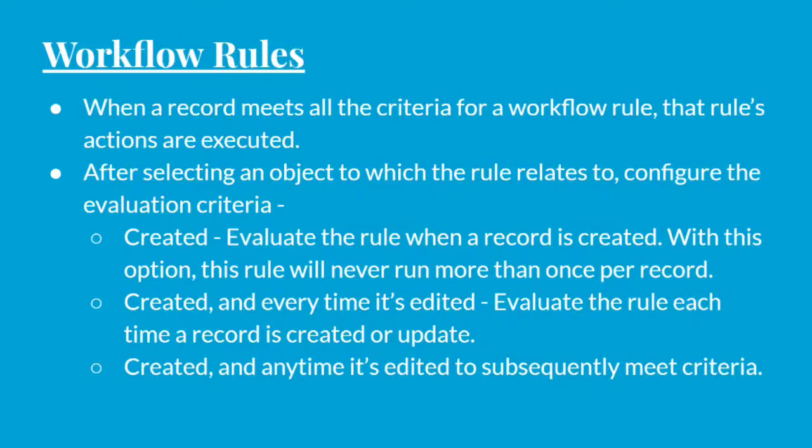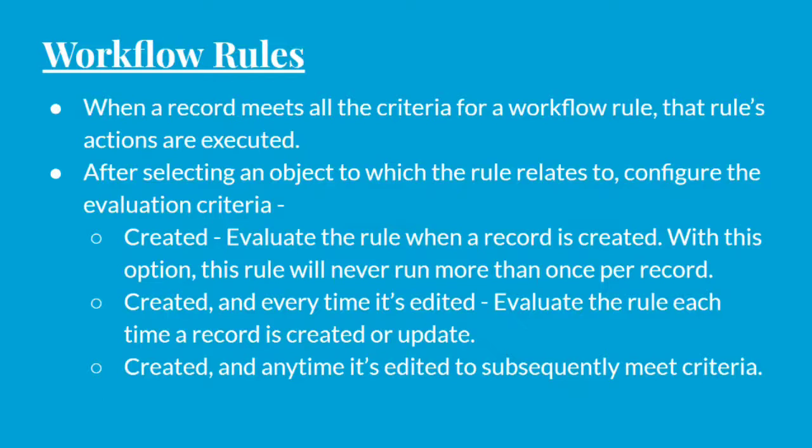So when you are editing the record, but whatever rule criteria you have defined is not being met, then this option will not run. But every time you change this opportunity amount, you can change it multiple times. So multiple times this rule will run, but only when you are meeting that particular criteria. And in the second case, it will run every time. Whenever you edit any other field also, it will check for the